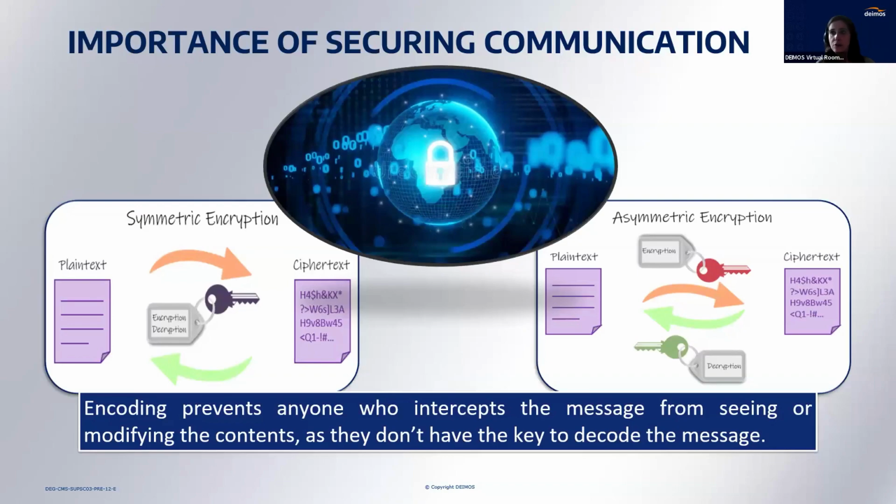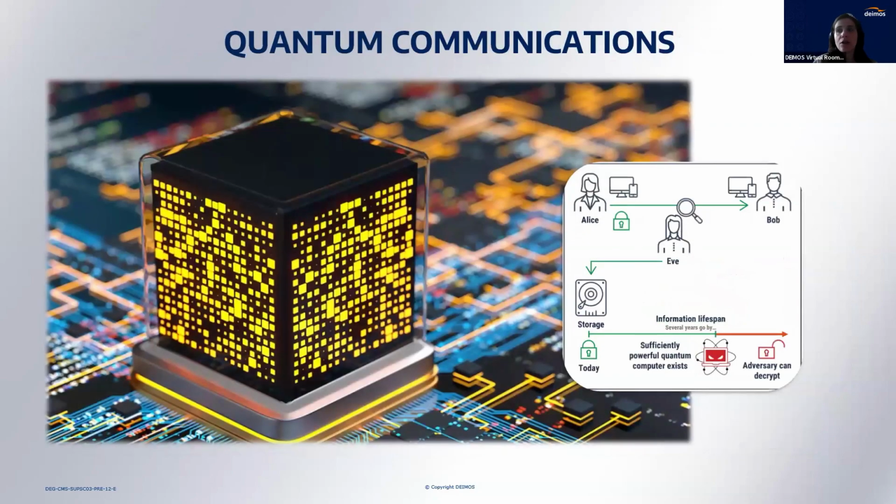and asymmetric encryption. In the first method, we only use one key to encrypt and decrypt our information. In the second one, asymmetric encryption, we have two keys: a public one that is shared with the whole world without compromising the security, and a private key, which is kept secret. And in this sense, asymmetric encryption can be put in danger when we talk about new technologies like quantum. We all know that quantum computing